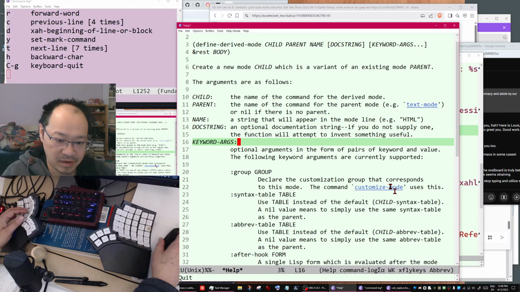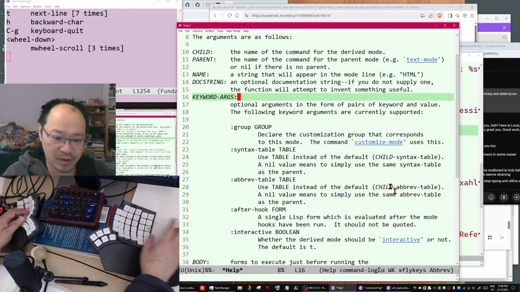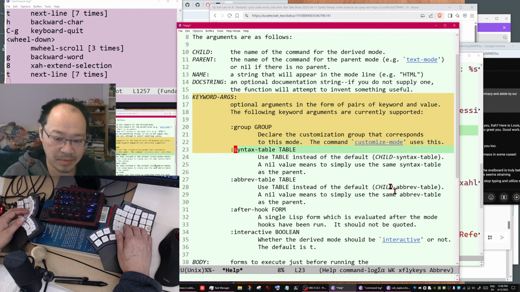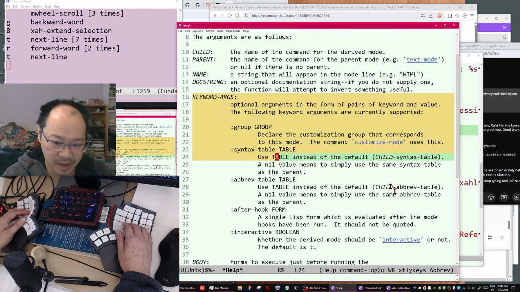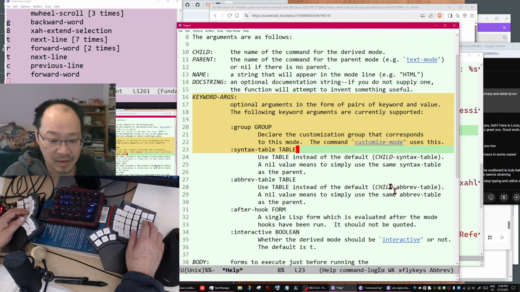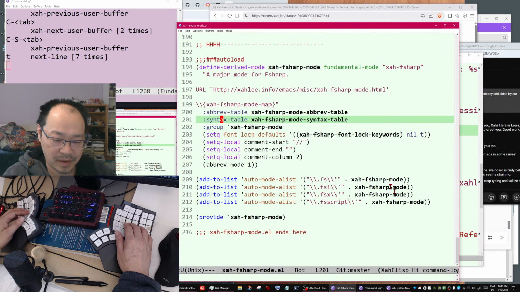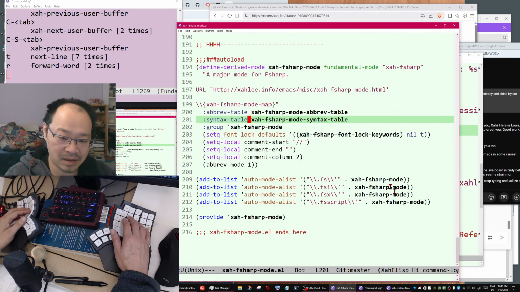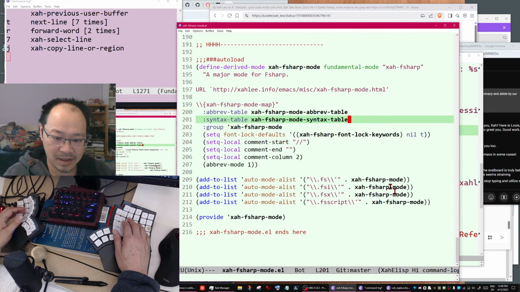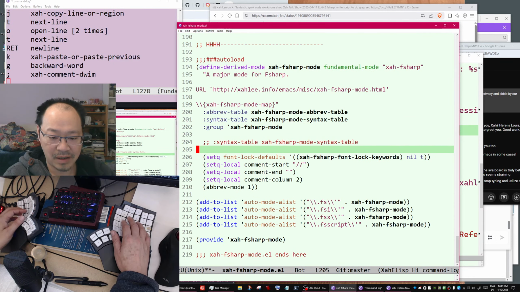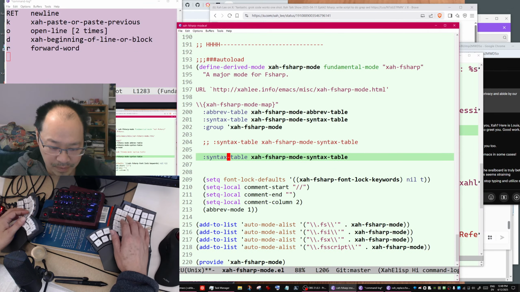One of them, here you see, is the syntax table. So what does that mean? Let me go to the code here. What that means is that this line is equivalent to